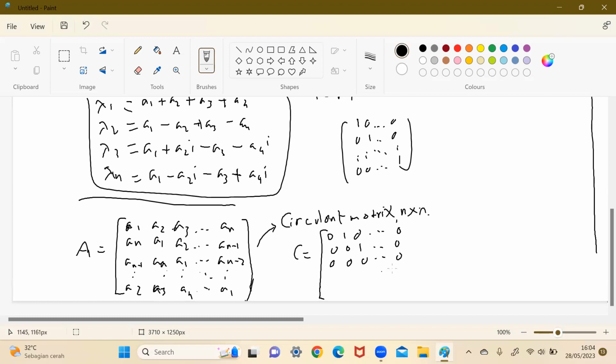And then here, and then 1 is here. There's supposed to be a 1 on top of this last 0 here, but okay. So how is it related to A? Well,